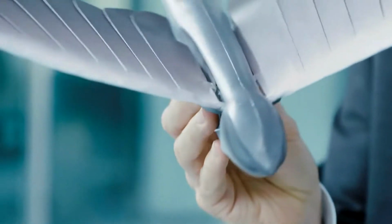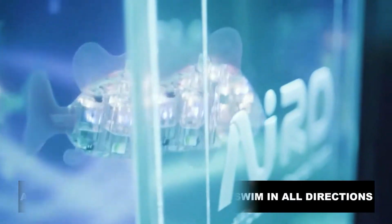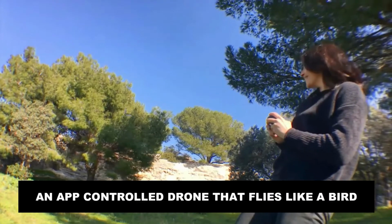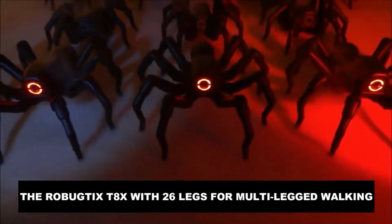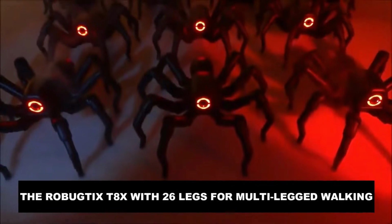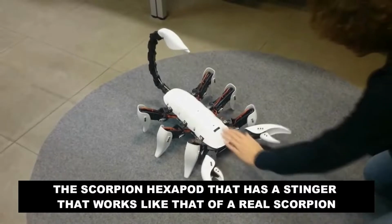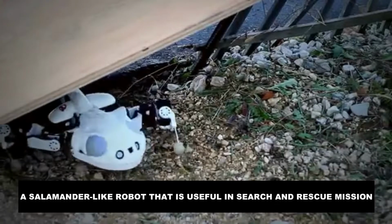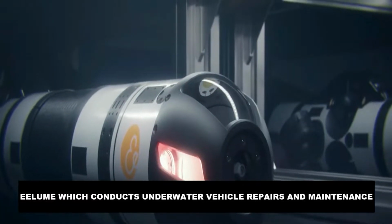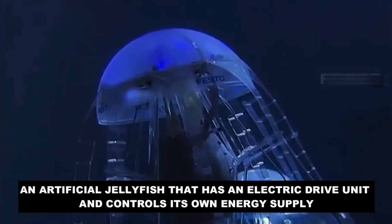In this video, we are going to talk about animal-inspired robots: a decorative robot fish that can swim in all directions, an app-controlled drone that flies like a bird, the Robugtix T8X with 26 legs for multi-legged walking, the scorpion Hexapod that has a stinger that works like that of a real scorpion, a salamander-like robot that is useful in search and rescue missions, Eelume, which conducts underwater vehicle repairs and maintenance,